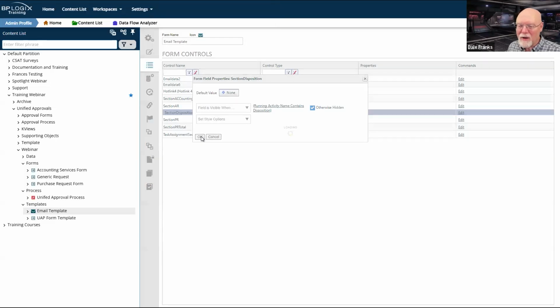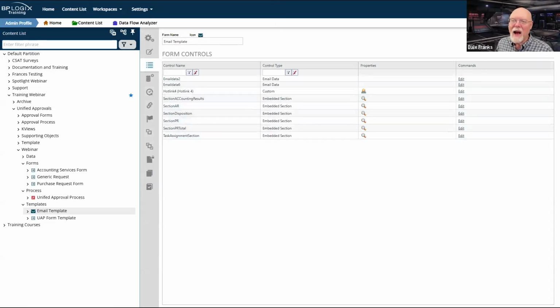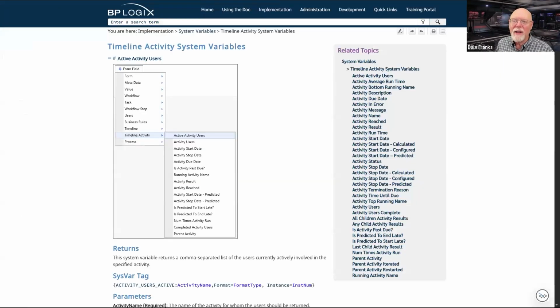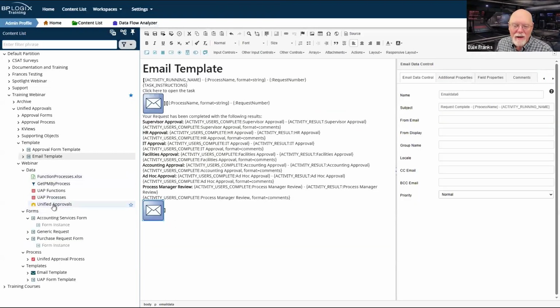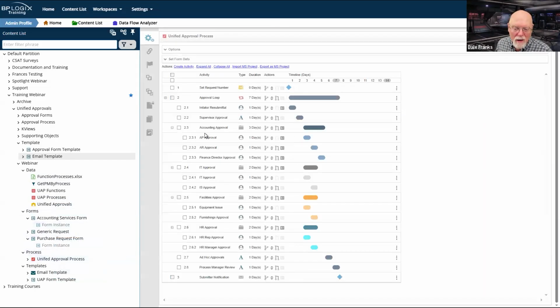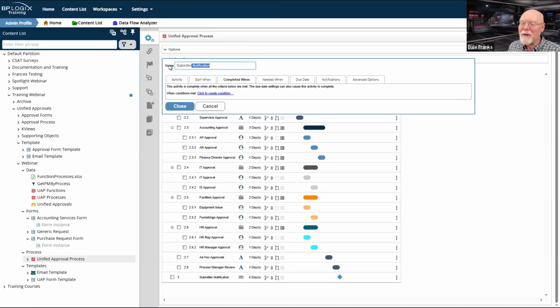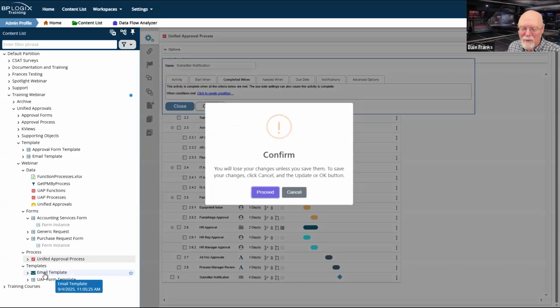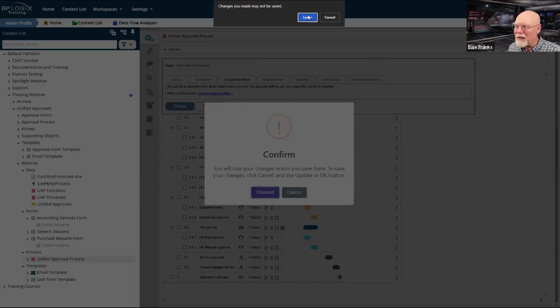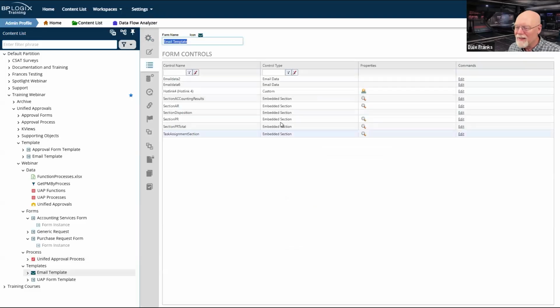Otherwise hidden. Okay. The actual timeline activity name, submitter notification. Well, you know what? Since it's called submitter notification, I'm just going to copy that, go back to my email template. I put in entirely the wrong condition.